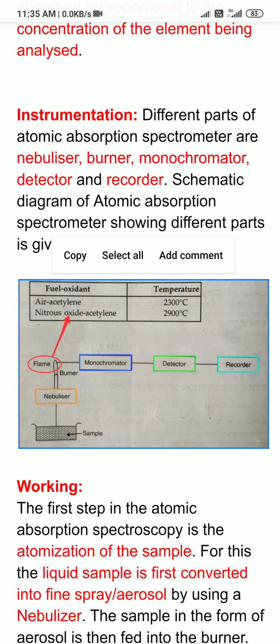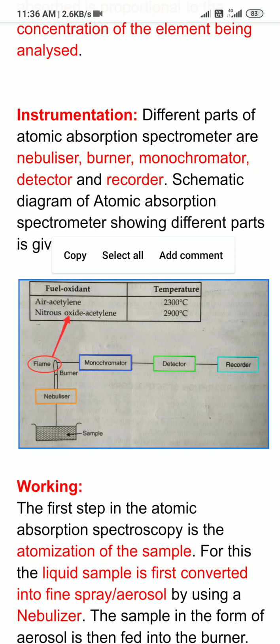Now what is the function of nebulizer? Nebulizer converts the liquid sample into a fine spray or aerosol. So here I am first showing you the schematic diagram, then I shall discuss its working. So you can see it is having nebulizer, which I have marked with orange rectangle, and then it is having a burner to produce flame,